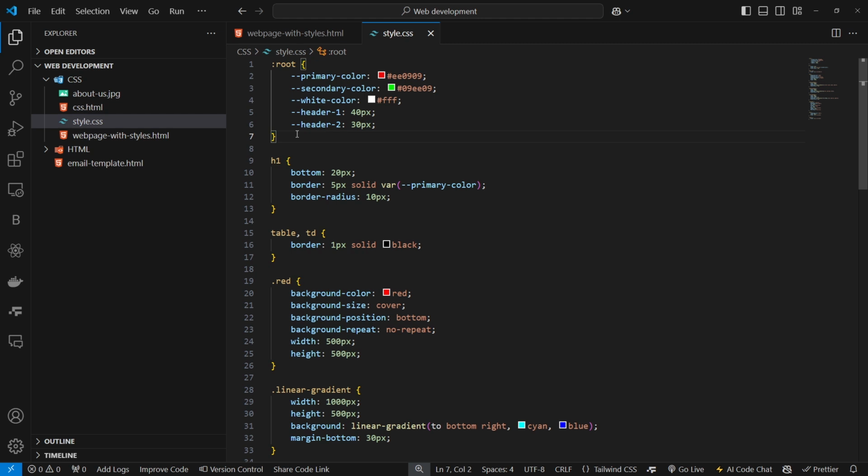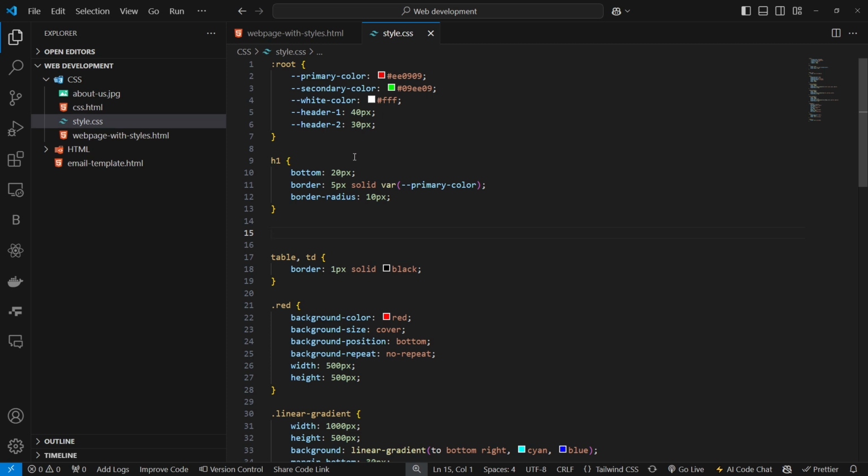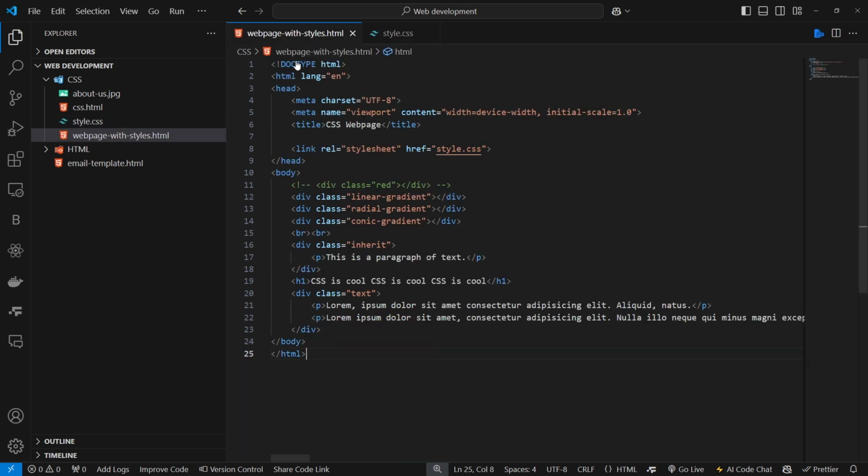Now, but let's say you have a variable that you have declared, and you have an element for which you want to change what that variable value is locally only to that element. Now what do I mean? Let's say we have,